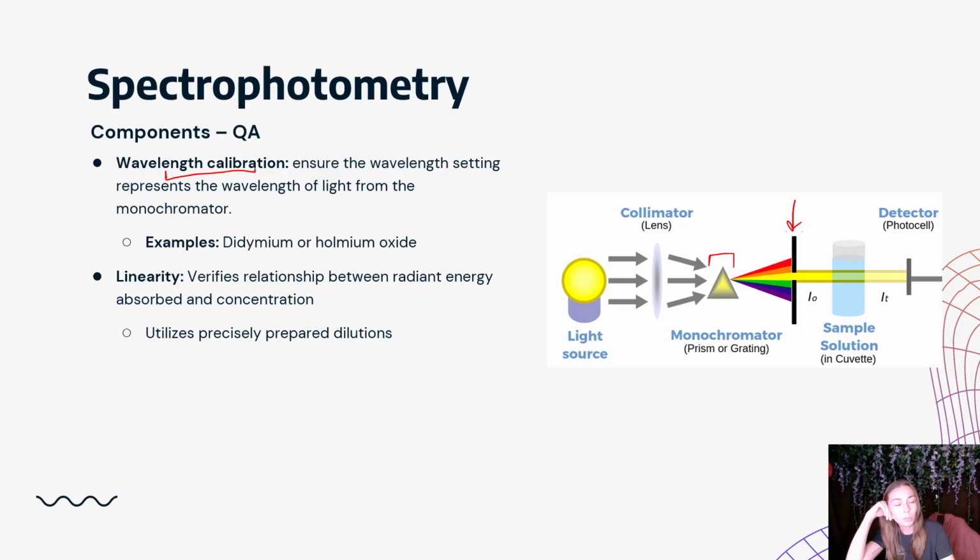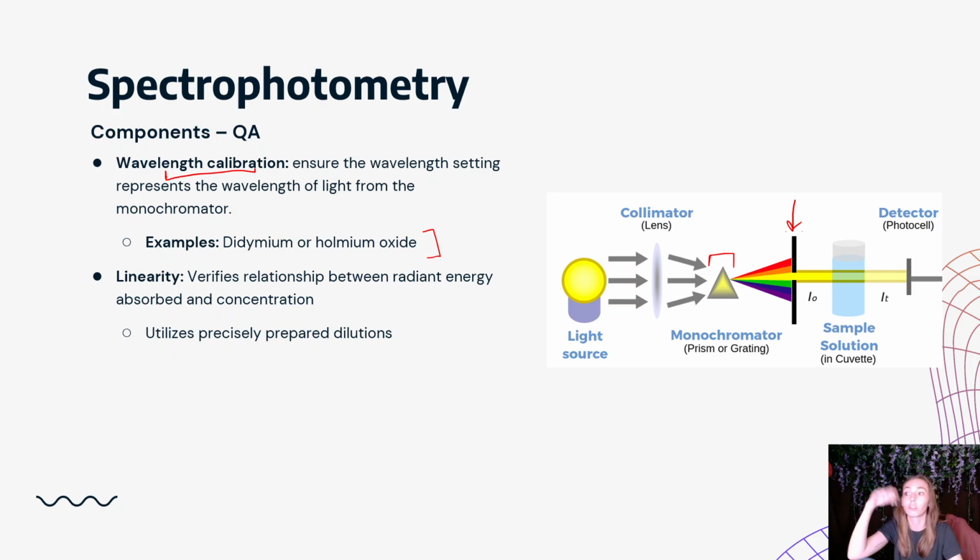We need to make sure that the monochromator is not accidentally angling all of the light that has been split. And we also need to make sure that the filter that we're using to select this specific wavelength of light is seated appropriately. Well, we have a couple of different calibrators that we can use to determine that. We can use didymium or holmium oxide. These are just reagents that we can use to go through the process of determining that